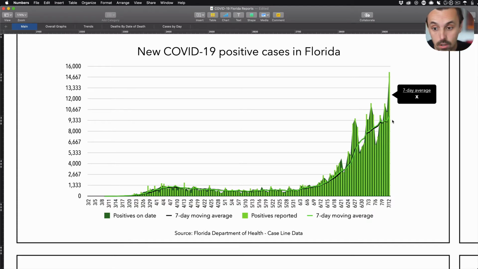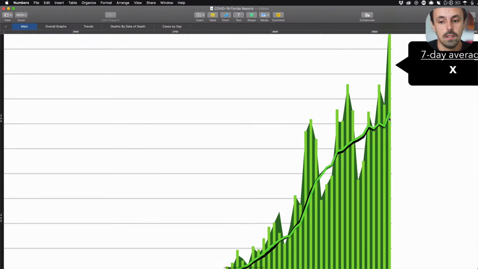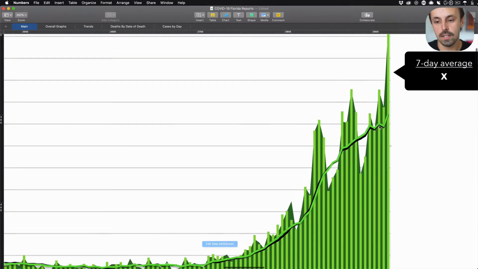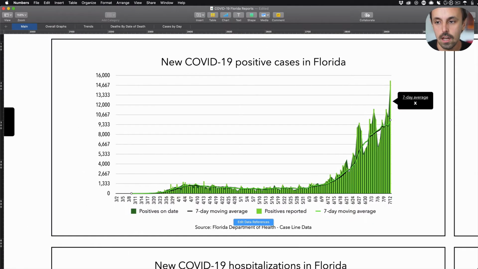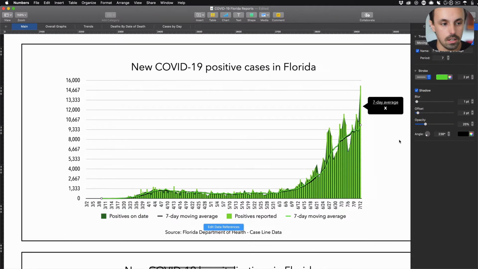So what's really interesting, though, is that uptick. I'm going to zoom in so you can see. You see that sharp uptick? So that 5,000 extra, or I guess the 15,000 added today, did have an impact on the 7-day average, but it's not as sharp an impact as the spike itself. So it kind of tempers it, and you can make that a little less sharp,